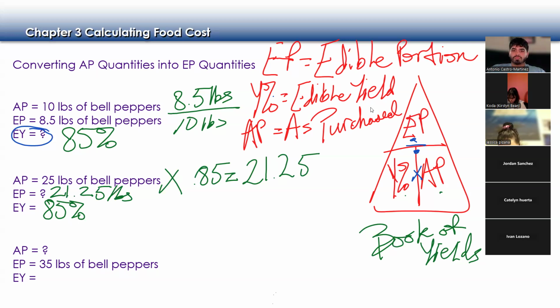Okay. If my recipe calls for 50 pounds of bell peppers, I can't just order two 25-pound boxes, because by the time I cut those stems off and take the seeds out, I'm going to have less weight. Okay. And so sometimes you have to start with a little bit more to end up with the amount your recipe calls for. And last thing,